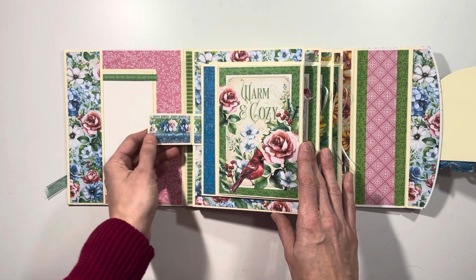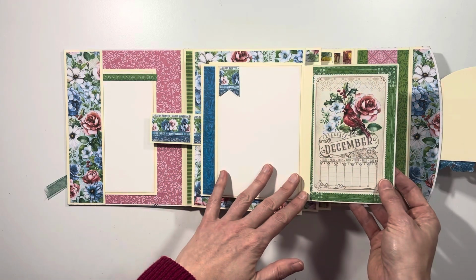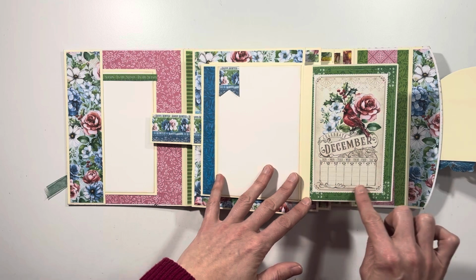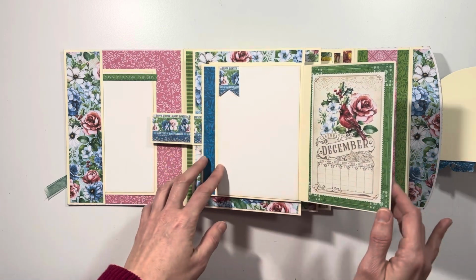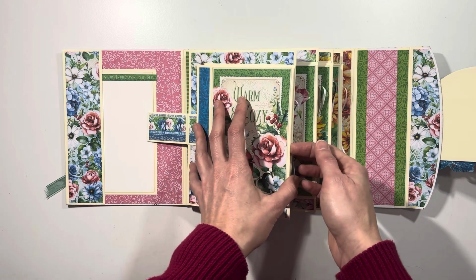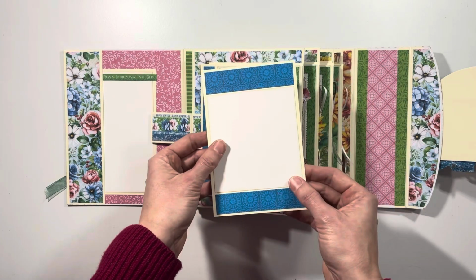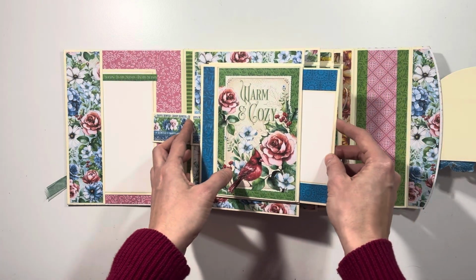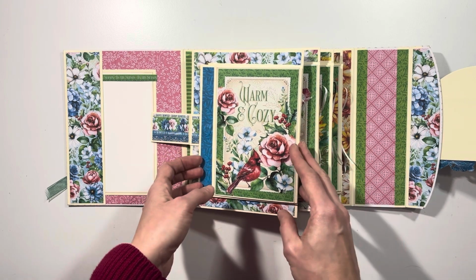This is magnetized here, and this is the first journaling card. So this starts with December, and you could journal here, you could put the dates for the month, or you could cover this with a photo. Room for a photo here. Now before we go into the rest of this, there is a pocket and there is a photo mat for 2 photos. This album actually holds 92 photos, 40 of which are 4x6 size,